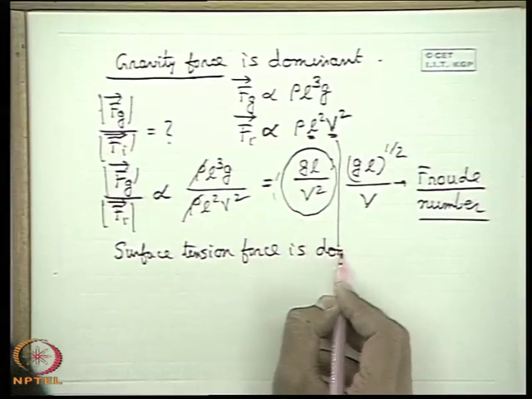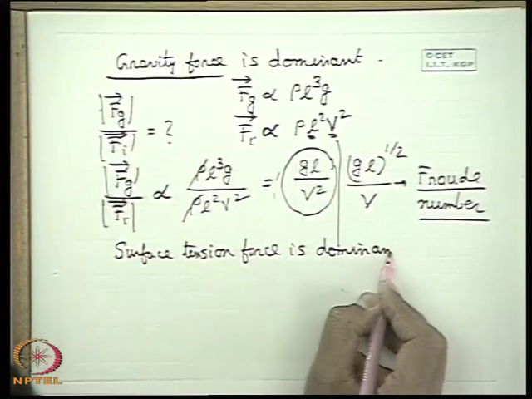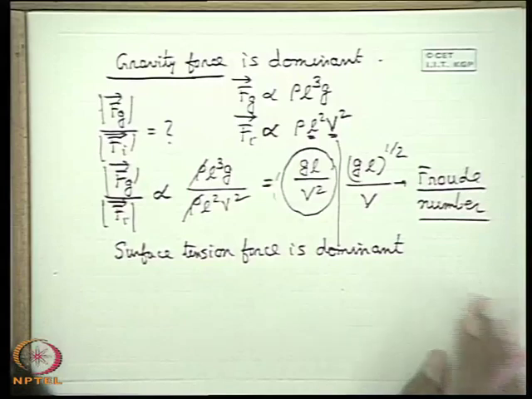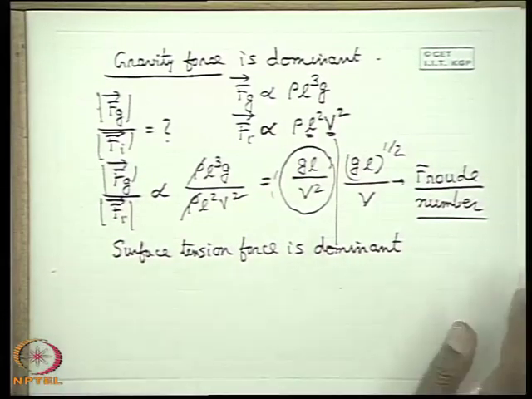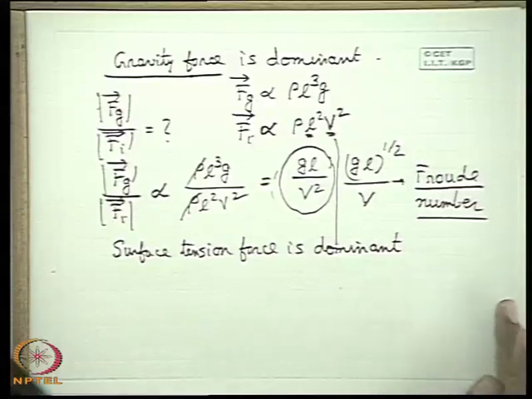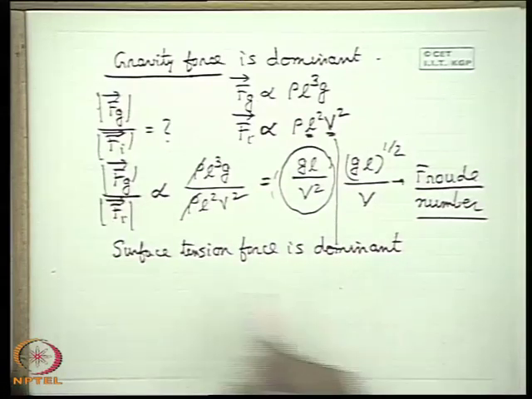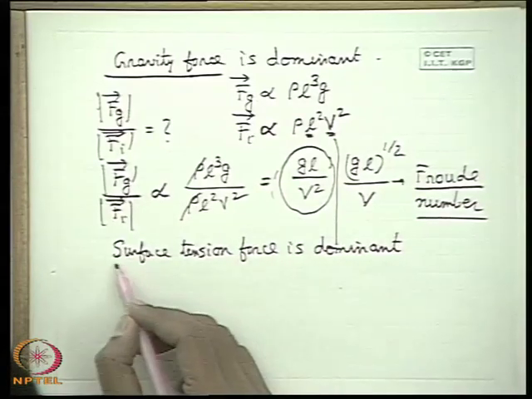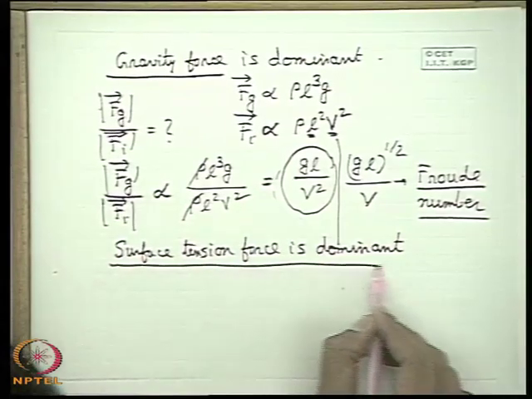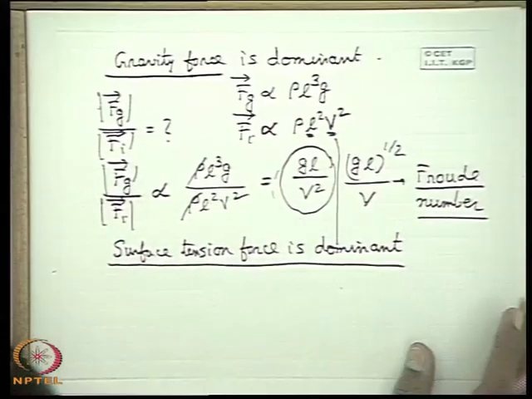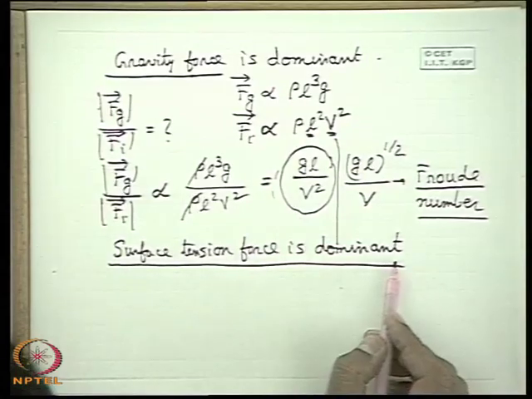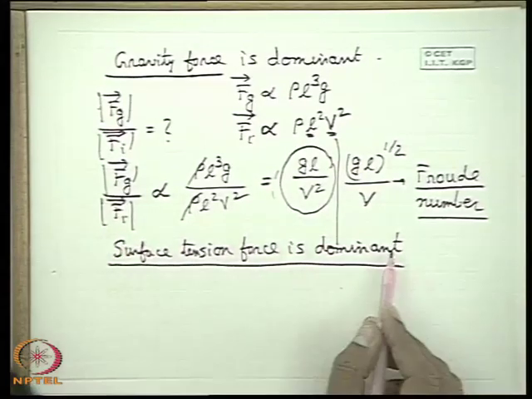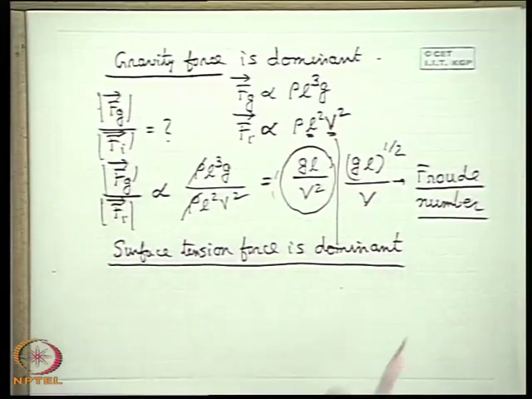Force is dominant. So, this happens in case of flow of free jet or flow of a thin sheet in ambient. Whenever there is a separation or demarcation of two fluid surfaces, that means there is an interface, the surface tension force becomes dominant. So, flow of free jet, flow of a thin sheet, or the flow of liquid through a small capillary tube, vertical flow, small diameter tube, the surface tension force is very important.